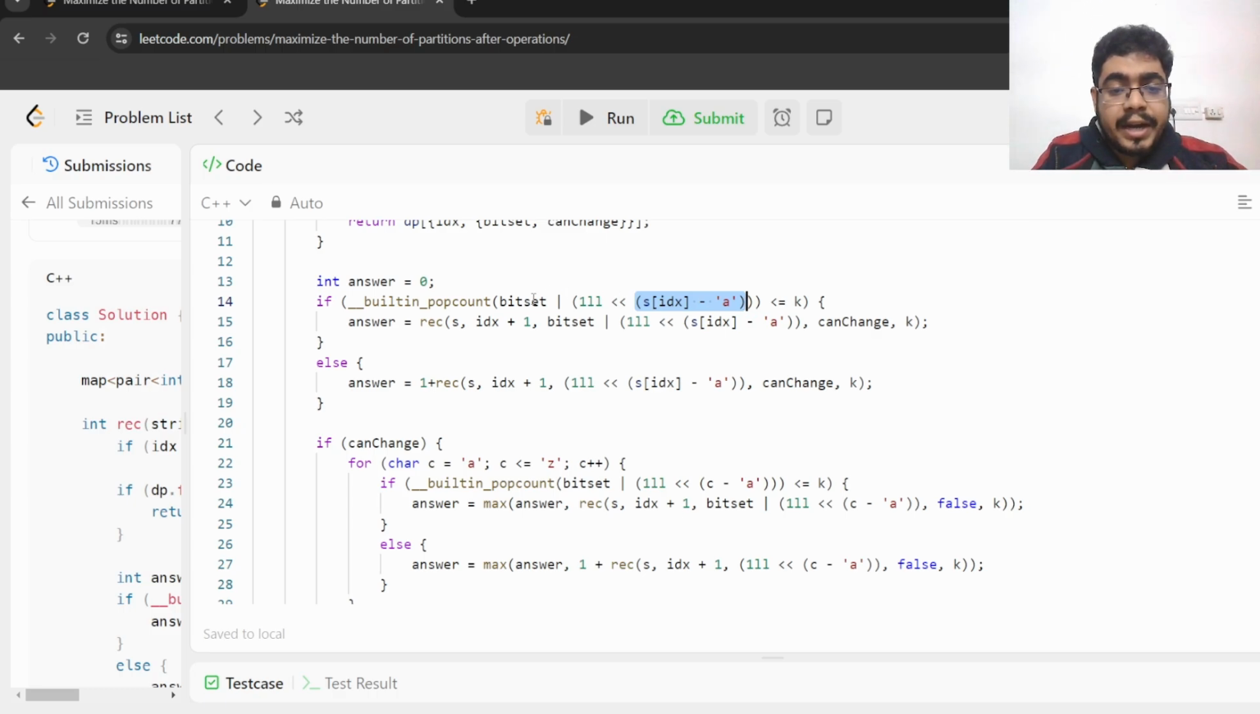So if I try to, and I'm using OR for including that in the bit set, right? So if I include my current character into the bit set and count the number of set bits in it, if that is less than or equal to k, that means I can include this safely. Then I just need to make a recursive call for index plus 1, including this into the set with the same can change flag. So nothing changes, we just add the current element into the bit set and increase the